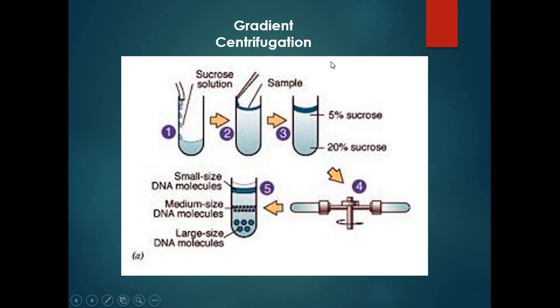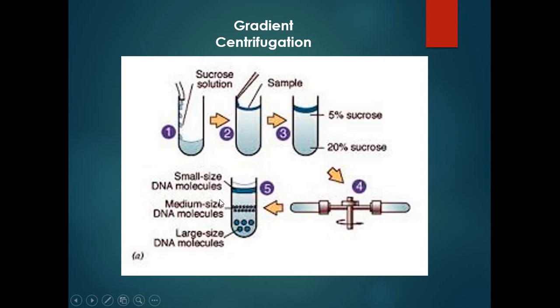In this depiction, you will see gradient centrifugation. Saccharose is used as a solution to separate different sizes of virus particles. Here you can see 5% saccharose concentration at the top and 20% saccharose concentration at the bottom, so there is a different concentration in this test tube, and it separates the different sizes of virus particles.